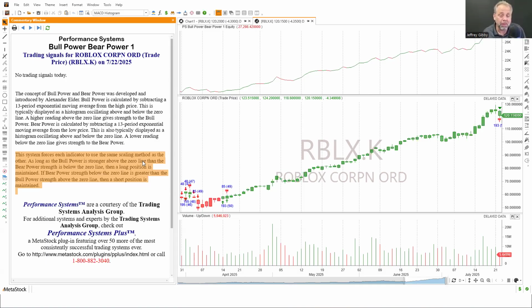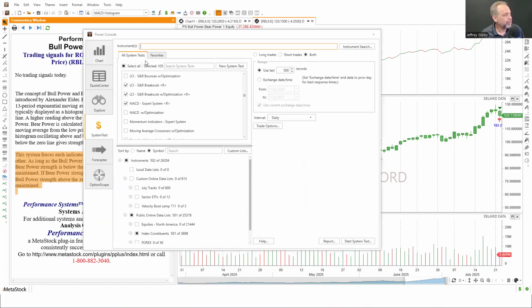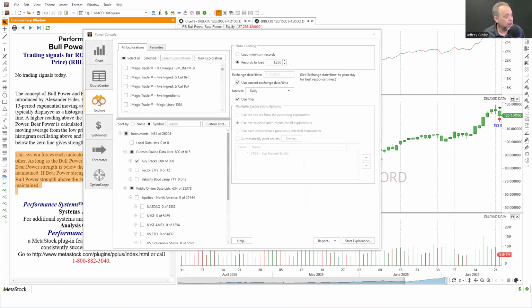And of course, as I alluded to earlier, if you find something that you like, if you want to run a scan for MACD divergence, you absolutely can. I'm going to highlight that tool real quick, and then I'm going to wrap up and let the next expert speak. So right here, we're going to come back into the Power Console and go to our scanning. We did talk about bull power, bear power, so let's go ahead and set that one up.